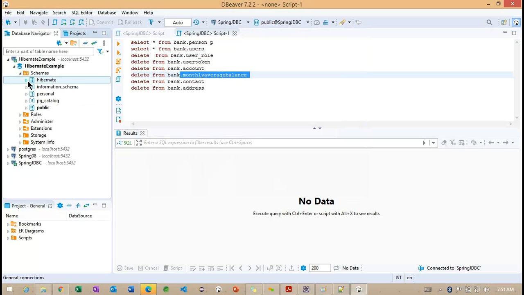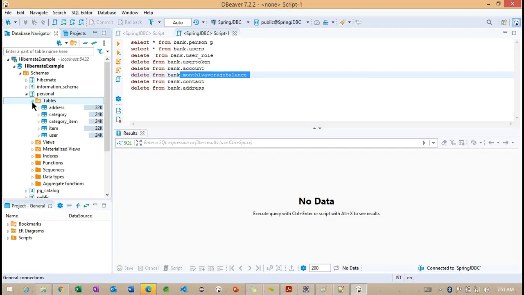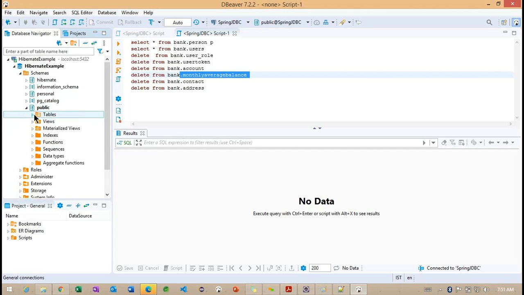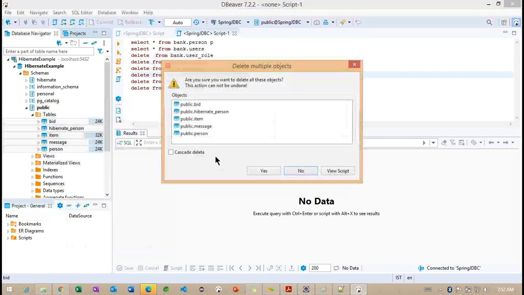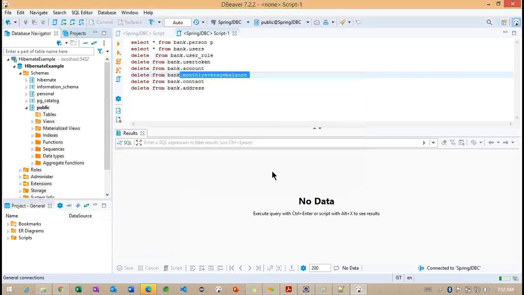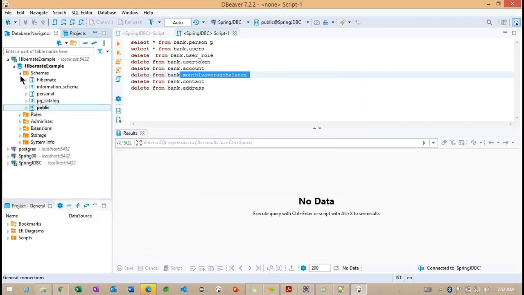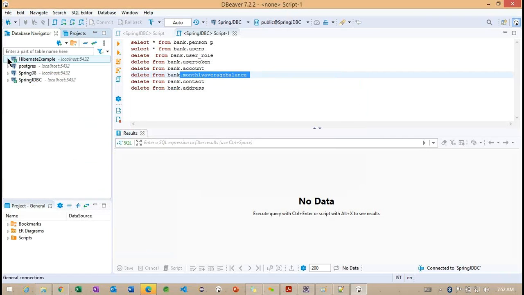Right, inside this particular Hibernate schema, we deleted all the tables here. Inside this particular personal schema, we'll keep it as it is. So we'll go for the public schema. Let me delete all the tables here.